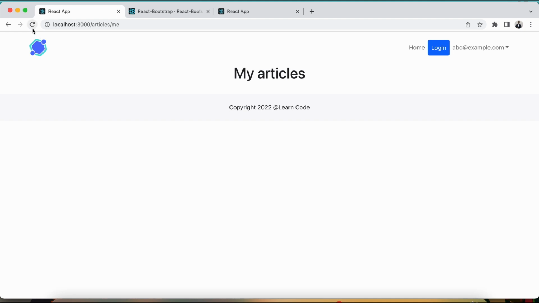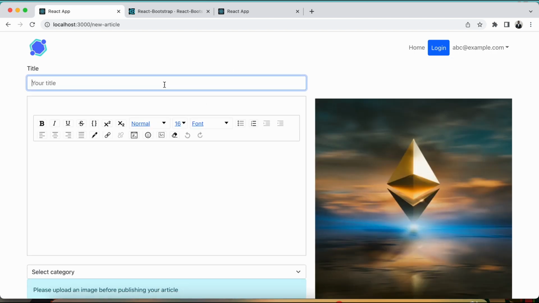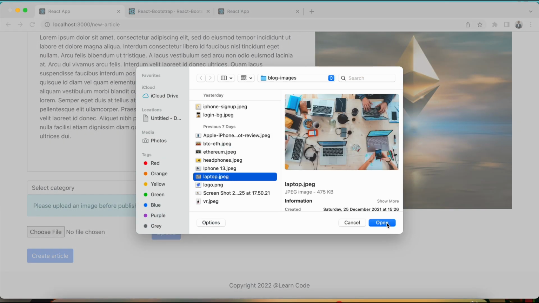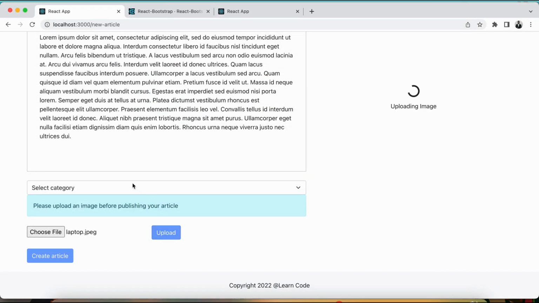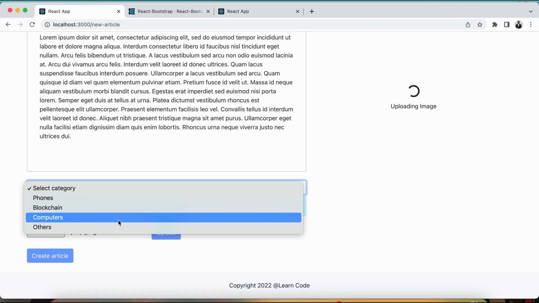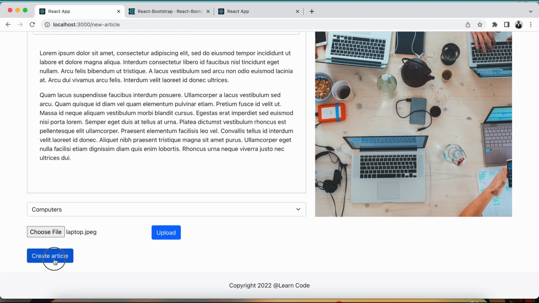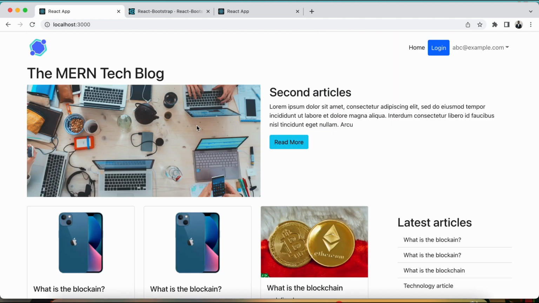And now if I refresh the page, so I'll get my articles. Okay, if you don't get the articles yet, just create one. You can create one here. So second article, because all the previous ones weren't saved, that's why. So here let's paste something. Actually upload this one and put it as computers like this, and we can create this one. Right, so now we have this,